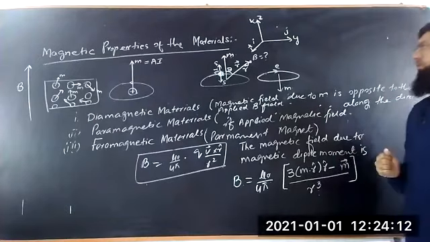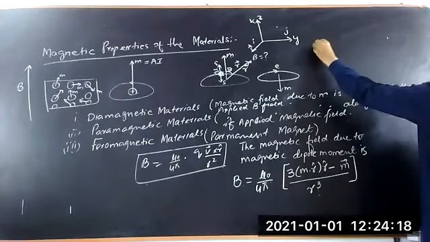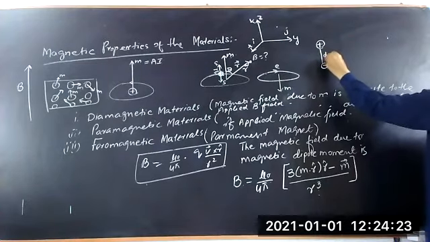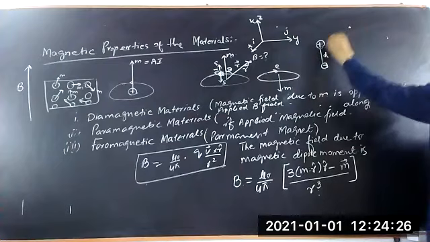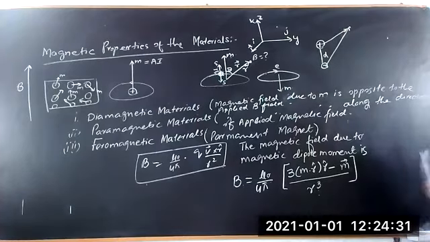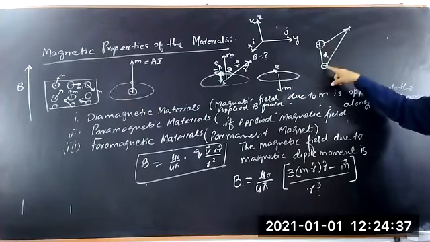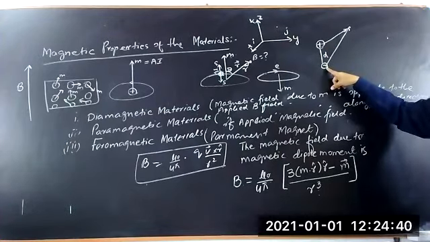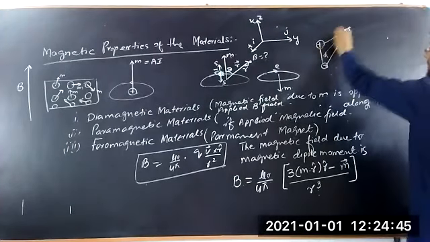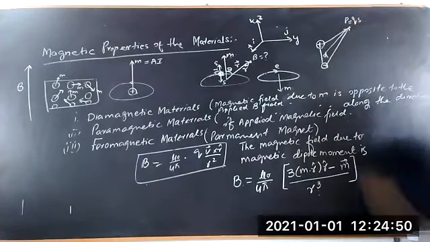Similarly, in the previous chapters, you know that you have an electric dipole. This is the positive charge and this is the negative charge, and they are separated by a small distance d. You can easily find the electric field over there. What is the electric field due to this electrical dipole? Positive and negative charges are separated by a small displacement, and we call it an electrical dipole. And you know that the electrical dipole moment is known as P, and this P is equal to q times s.